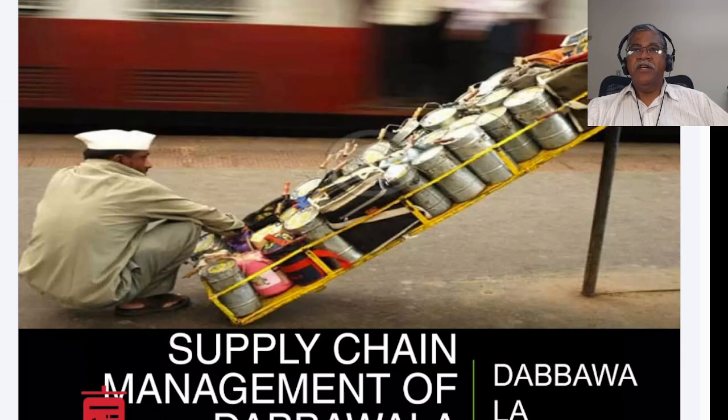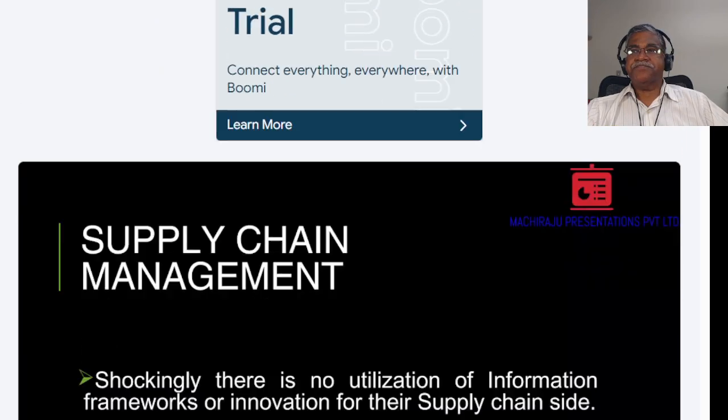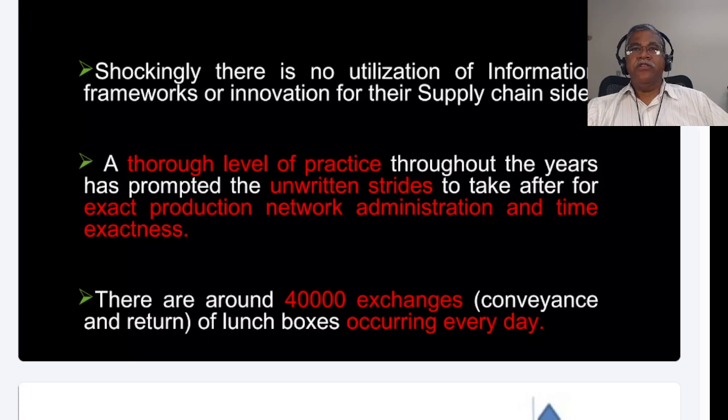The way he's squatting means that they are not people who are used to chairs and armchairs and things like that, right? And this cart is standing there, and he's basically pushed it from somewhere, and now this entire load, which he will likely carry on his head, is his responsibility. Okay, so shockingly, there's no IT, no databases, no computers, nothing. This is purely based on a handwritten way, done by people who likely have zero to very, very minimal education.